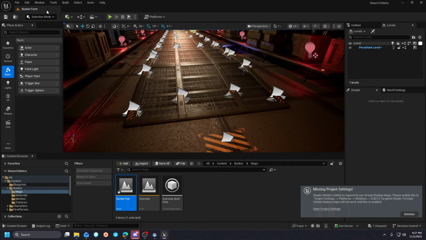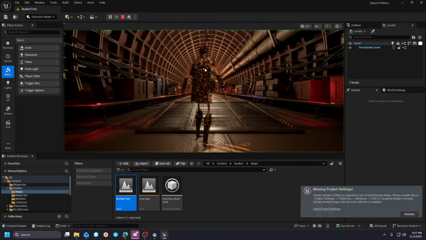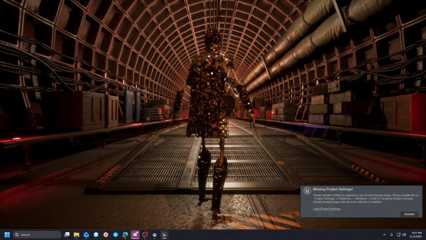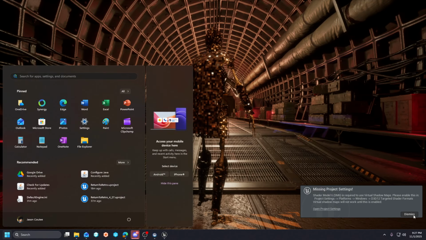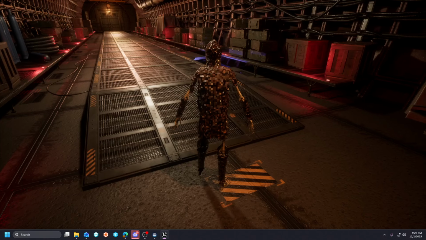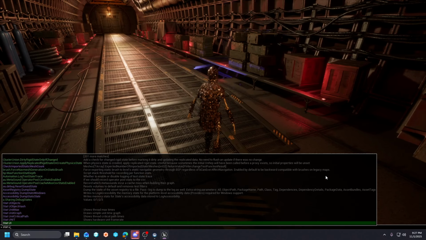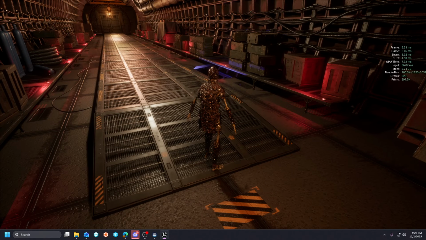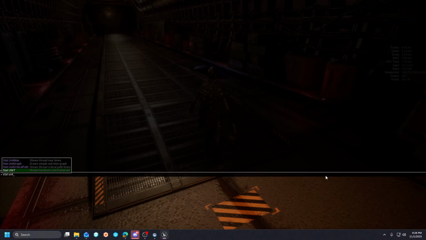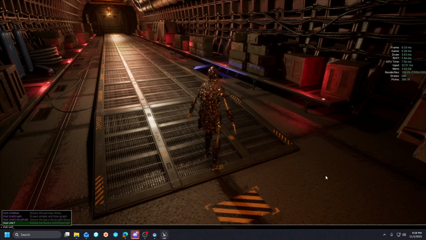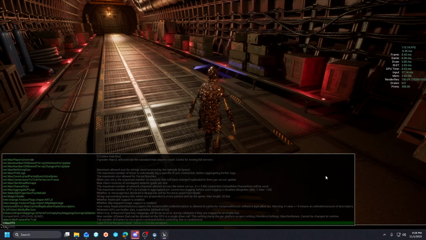We will change to shadow maps. All right. We don't need this open in our face anymore. And we are going to do a stat unit. We are going to do a stat FPS. We are going to do a t.maxFPS